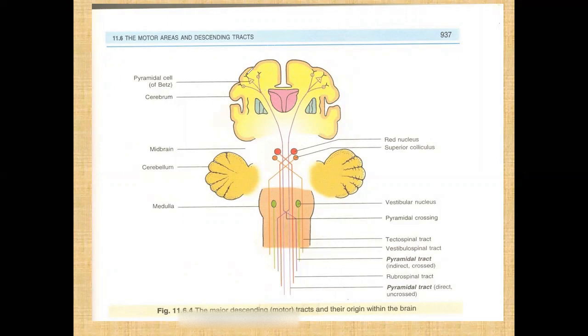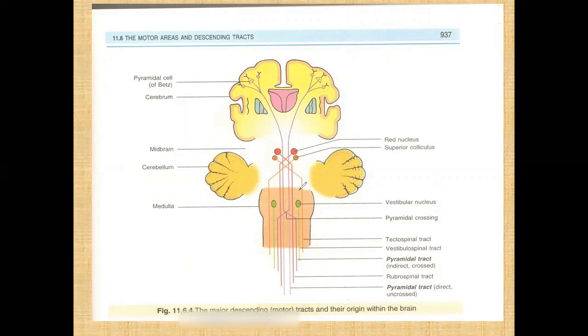Now, when these tracts descend, you can very well see that while descending, these tracts will come down in a straight pattern, and in the midbrain, we all know that there is the superior colliculus, followed by the substantia nigra. And here we can see that from the crus cerebri, these fibers will come down